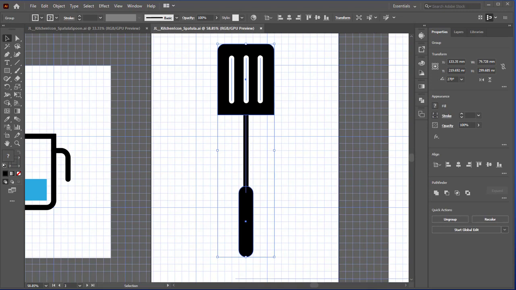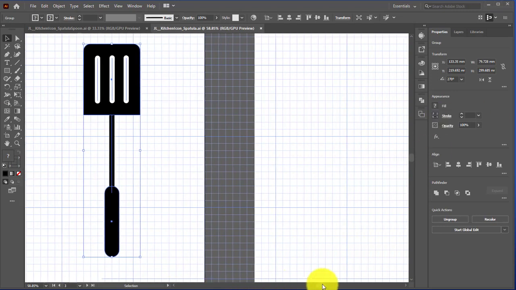In this one, we're still looking at our kitchen icons. We have just finished up the spatula icon, and now we are going to work on the spoon icon. So this is where we left off. We have already created the next artboard